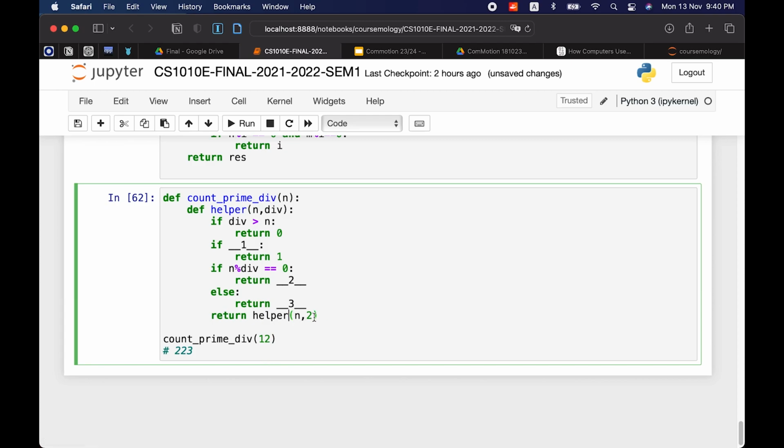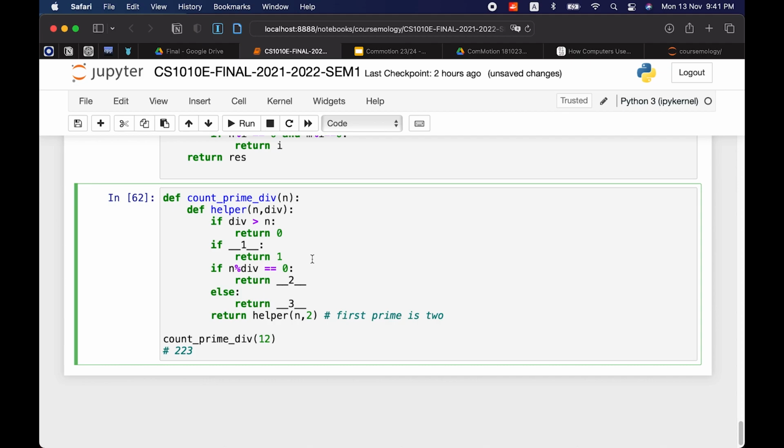So here they gave us the first prime is 2, so it's always going to be the divisor here. So if the divisor is n, return 0, because n divided by itself. If it's more than n, it will be exceeding already. Sorry. If what, return 1.